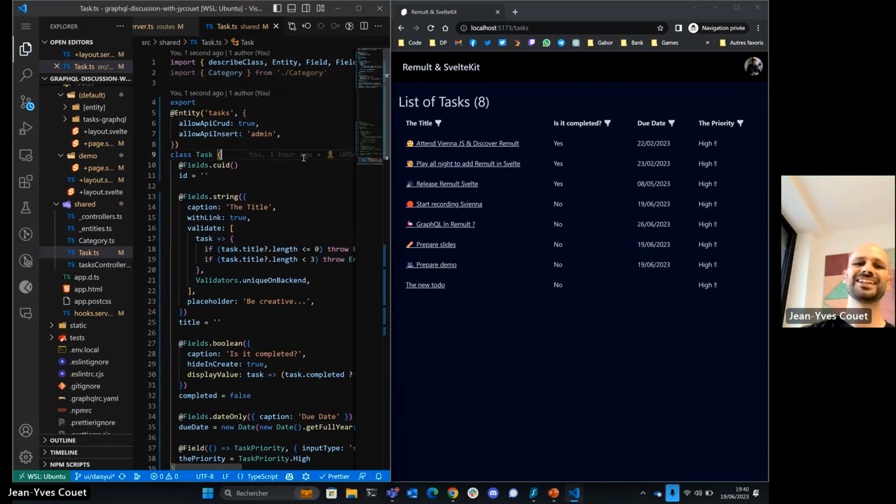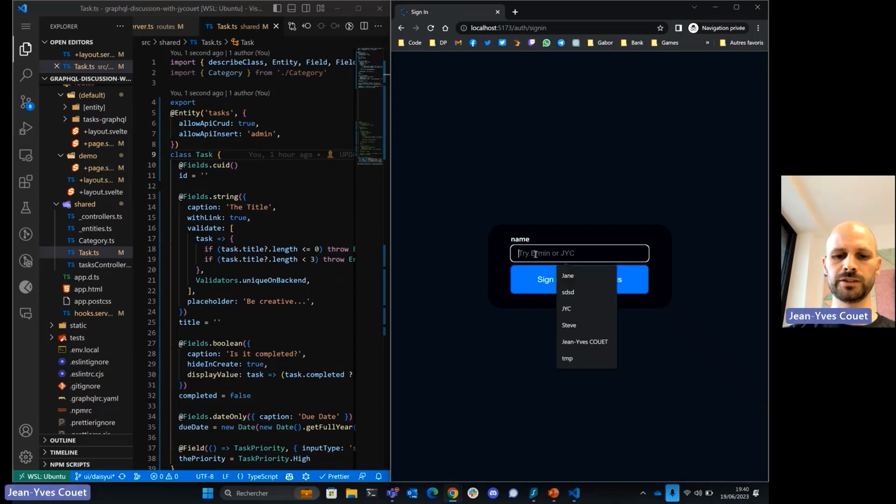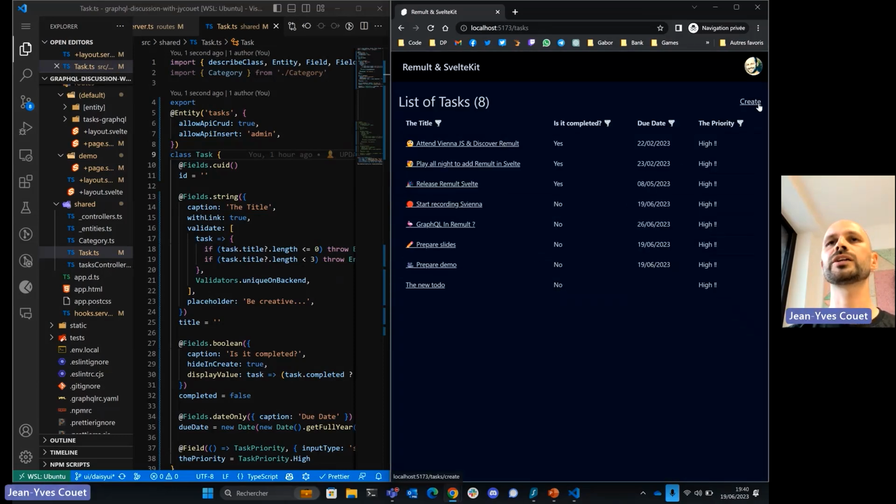Yes. And now the create button disappeared. Why? Just because I'm not an admin. You remember I set admin just for my role. So if I click on admin, log out, connect here, KYC, hop, I have the create button. And all this with a simple